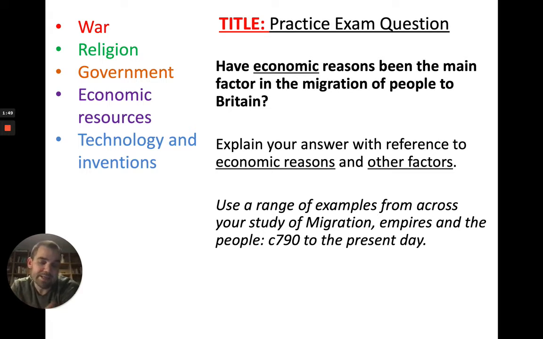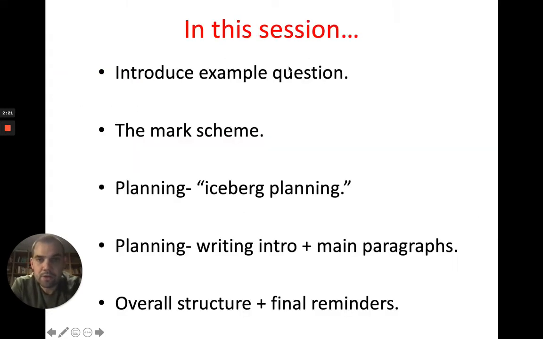They might make it in the exam a bit narrower by, say, for example, saying why people have moved into Britain, or they might say the main reasons people have moved out of Britain, or they could try and narrow it down a bit by giving you a slightly smaller time frame than the entire course. So instead of saying 790 to the present day, they might say from 1500 to the present day, or from 790 to 1800. So they could make it narrower, but this is the kind of typical question you would get about migration. The thing that might change is the factor in the question. Okay, now